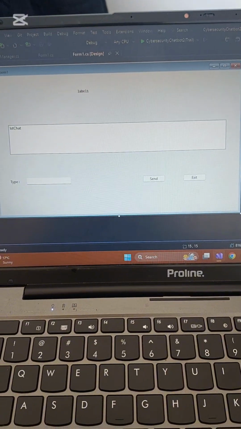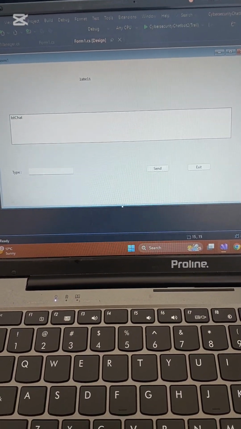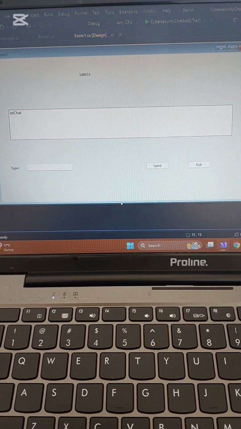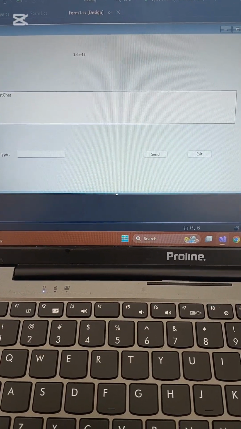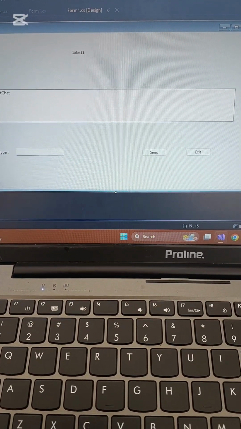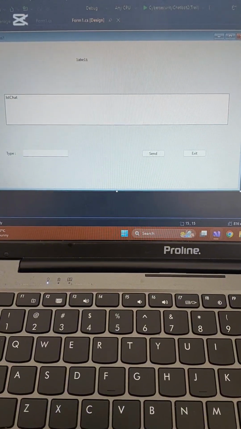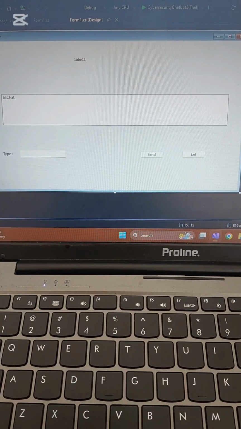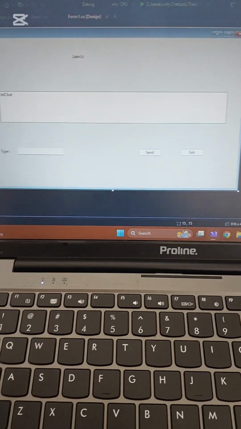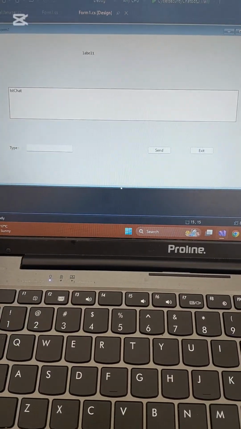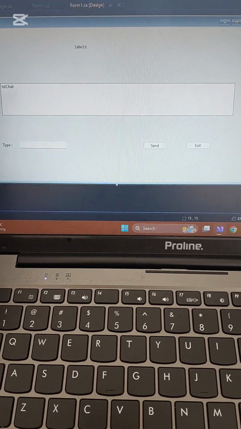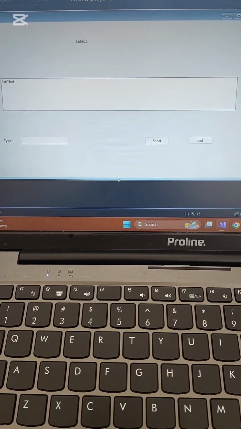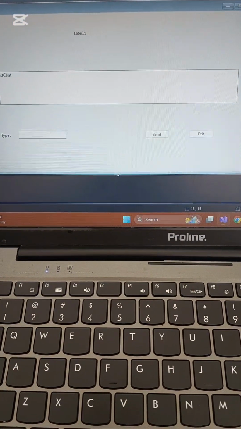So this is my Form 1 CS design, which is viewed in Visual Studio. The GUI was designed for user-friendly interaction. It focuses on neatness and proper spacing. I used the list box for the chat history, which allows the chatbot to have a structured visual flow.